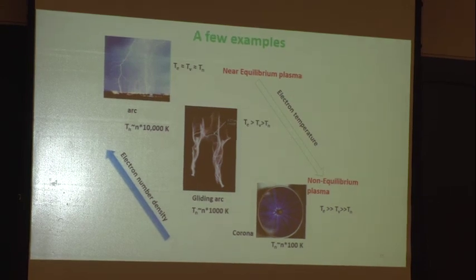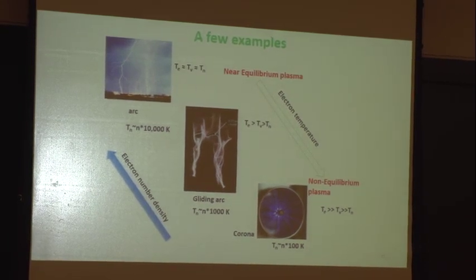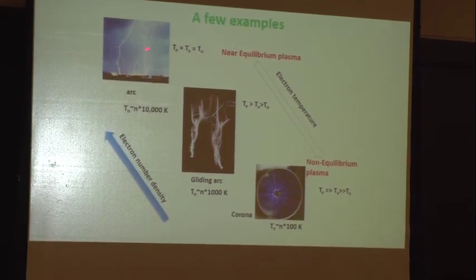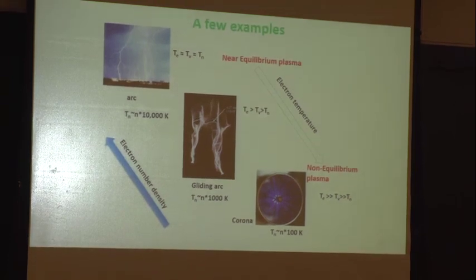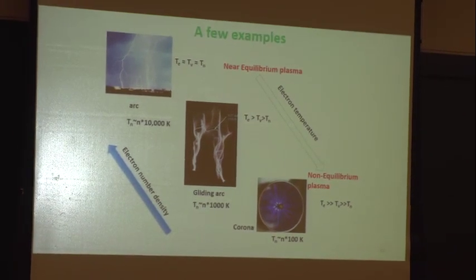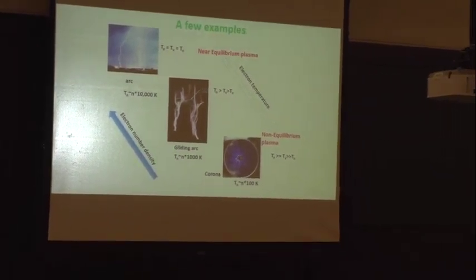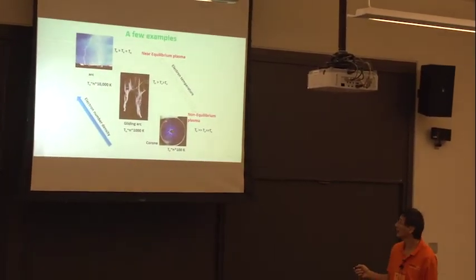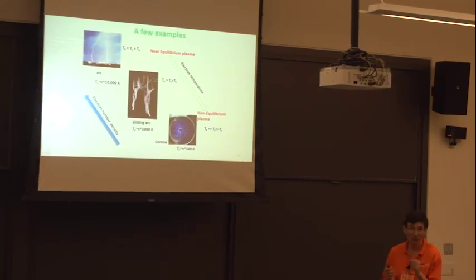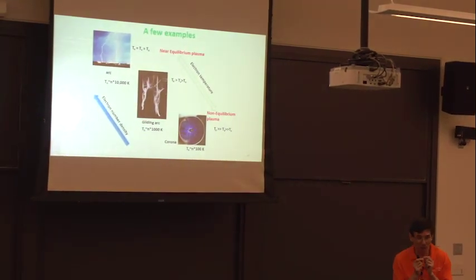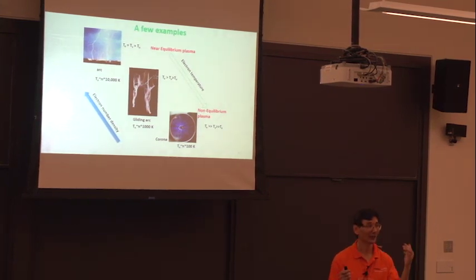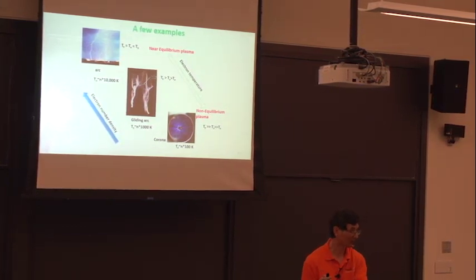A few examples. For example, lightning is an arc. At 1 atmosphere of pressure it is very hot, and there are enough collisions to equilibrate, so it is probably close to equilibrium. If you're talking to a professor at PPPL, they might disagree, but to me, to first order, they're right. And then if you form an arc and blow it with convective heat transfer, what will happen? I have a lot of heat losses from the arc.